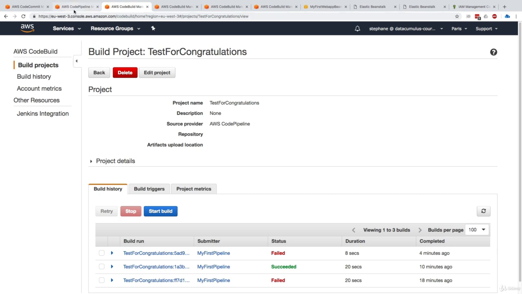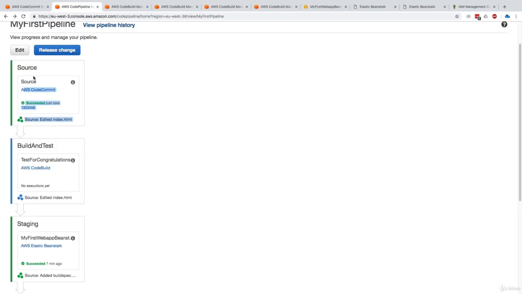Overall, that was a very long hands-on, I know, but I wanted to show you the whole power of integrating CodeBuild, CodePipeline, and CodeCommit, also with Elastic Beanstalk. And I hope that inspires you to use CI/CD to its full power. And as you see, I haven't created any server to do my build, my test, and my deploy. It's all managed. And I think that's what is amazing about these AWS CI/CD tools. So I hope that was helpful, and I will see you in the next lecture.